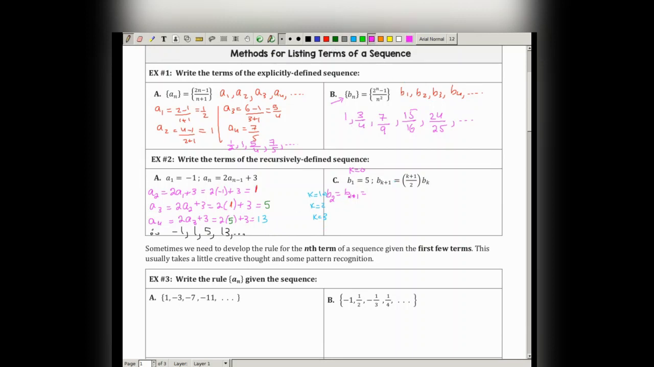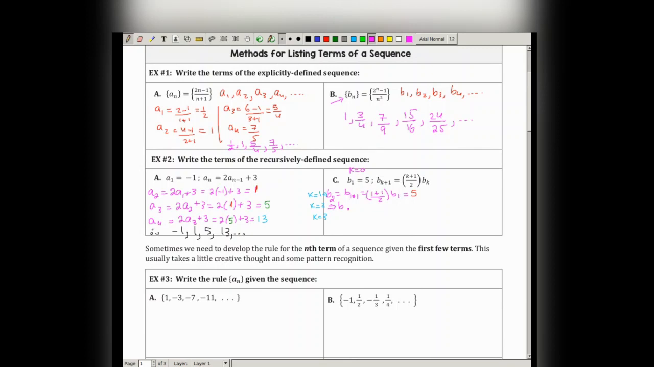So we have to be careful with how it's defined. So b sub 1 plus 1, which means that it's equal to 1 plus 1 over 2 times b1. So this very first one that was given. So this would be 1 times 5. So this would be 5. Agree? Let's use a different color. All right, so then